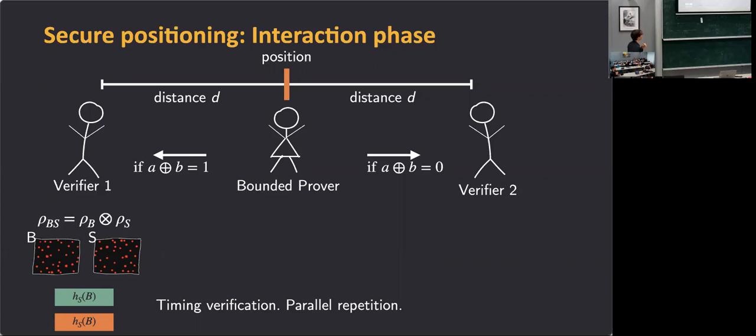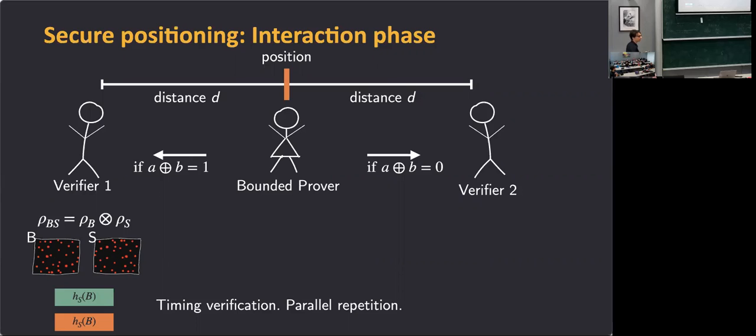So if we make sure that Alice answers as soon as she receives the bit, and we do it in parallel many times, then we can be sure that Alice is exactly in the middle. And one fun thing of using these hash functions is that we're not restricted to exponential size systems. So we can have some even more far-fetched scenario where the size of the system scales as the Ackermann function. And then we have an Ackermann gap between.